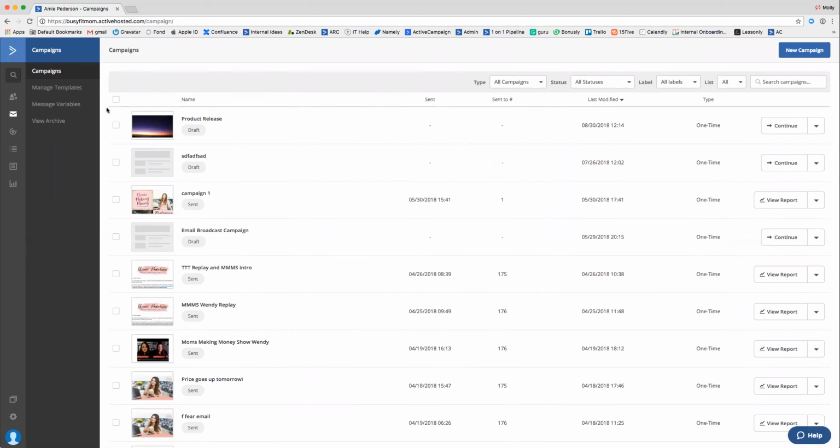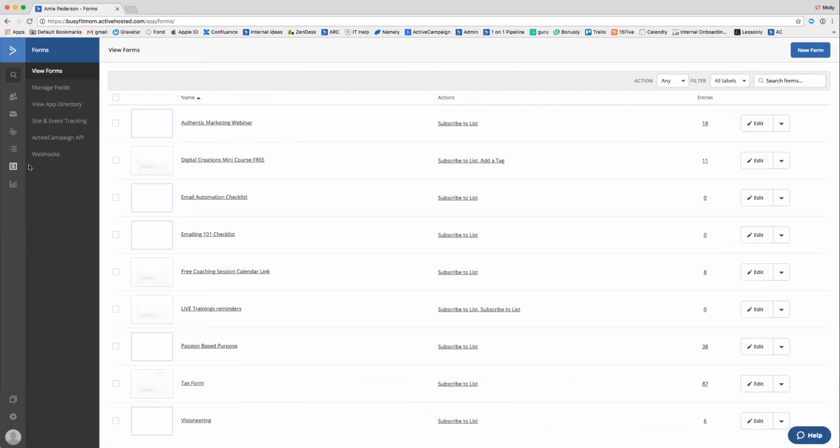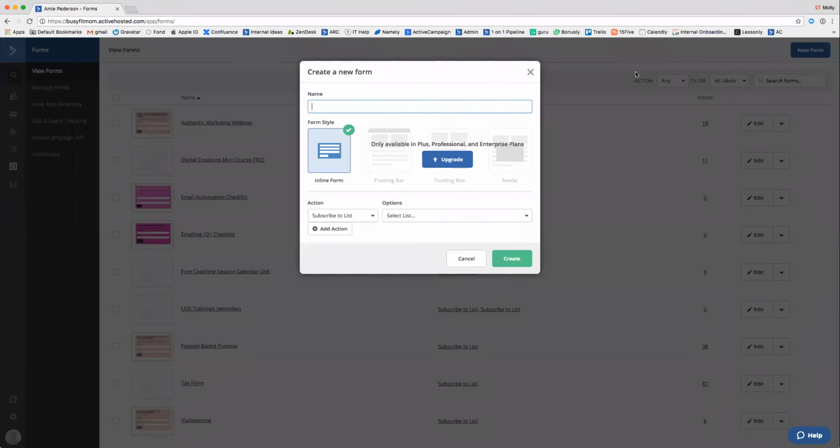Cool. The other thing that I really wanted to touch on today was forms. So basically what forms are is the way that your customers are opting into something on your website. It's your way of knowing their information and what they're interested in essentially. So what this looks like is you would just go up here. It's very similar to the campaign builder. So let's just say